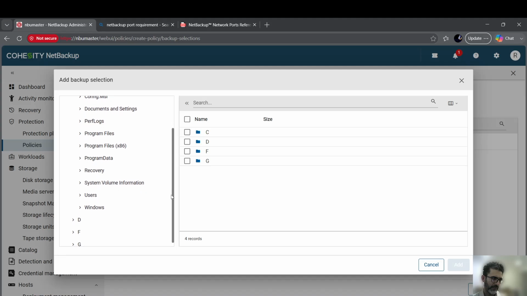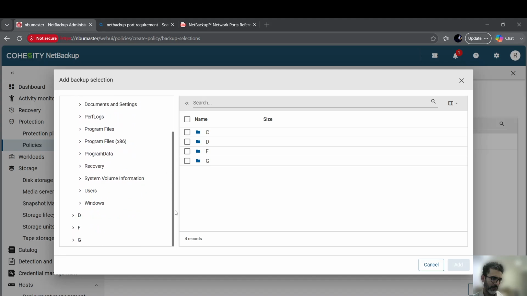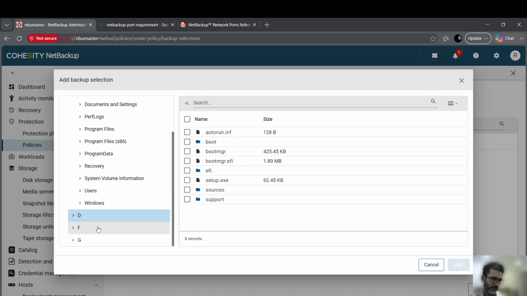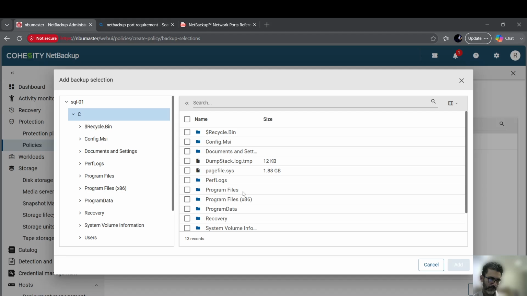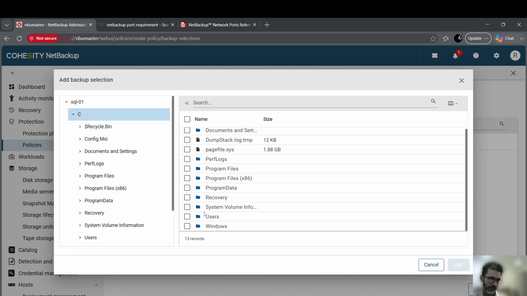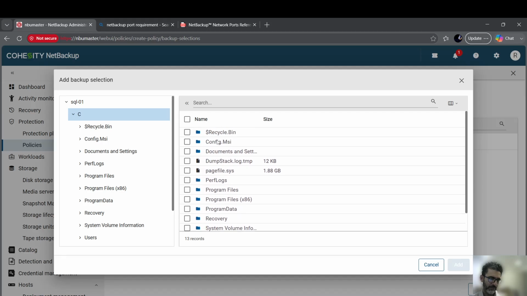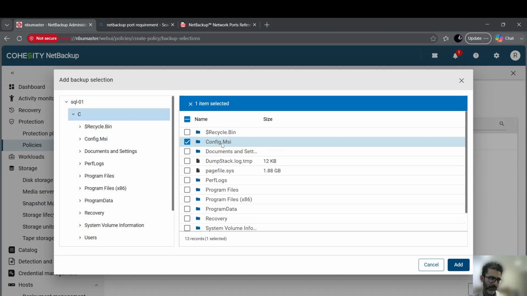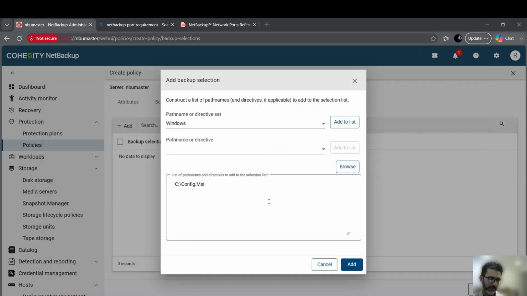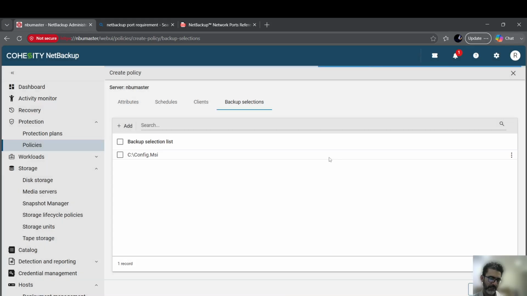For example, here I say I want to do it. Let me see, I don't have any data here. Let's say I want to take a backup of, let me see what is inside this guy. Okay, not lots of data, so a config MSI will be enough for me. Then click add, create,